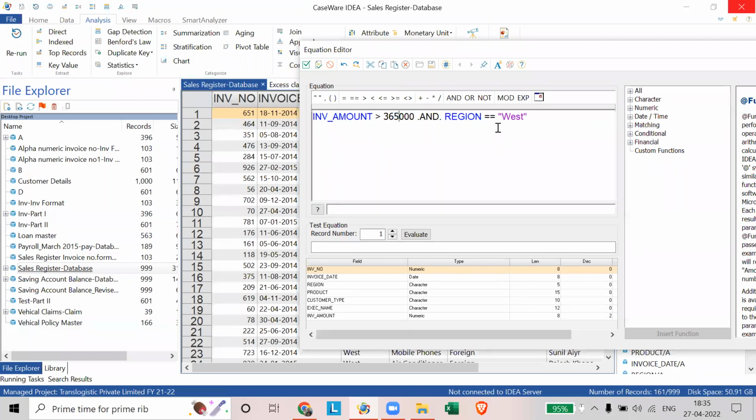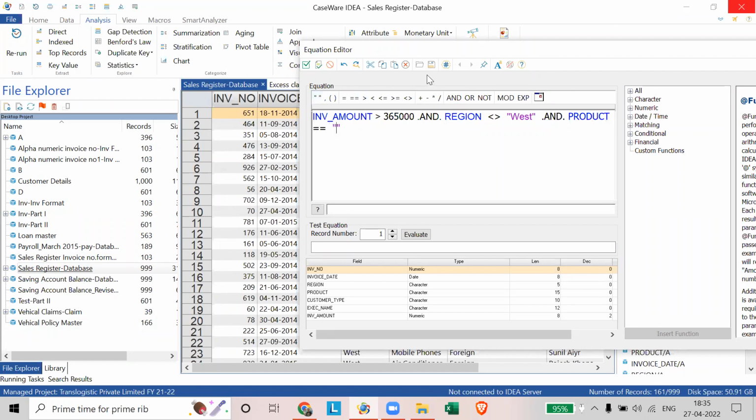So here instead of double equal to, I will say region is not equal to. So there is a sign here, region not equal to. Okay, Mr. Ramana has got 58 records. That's very nice. And product